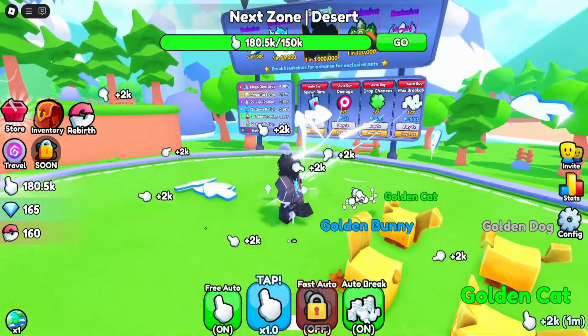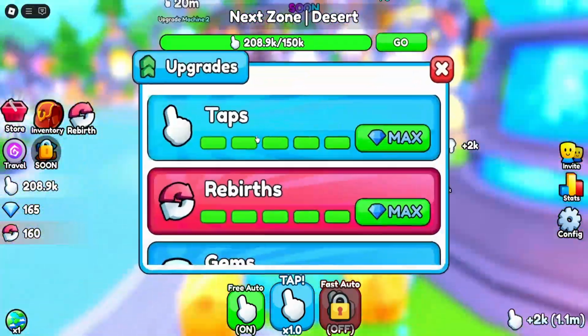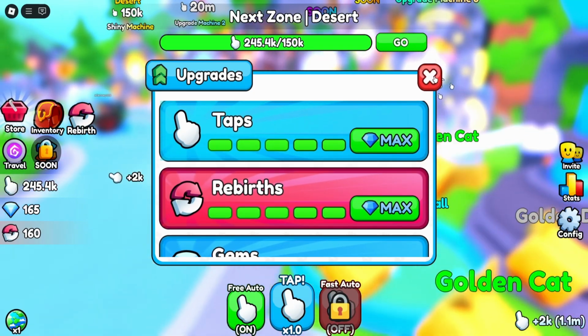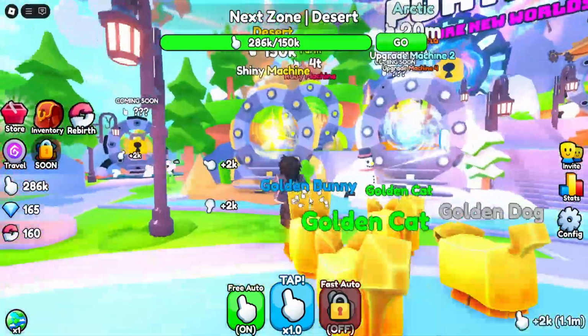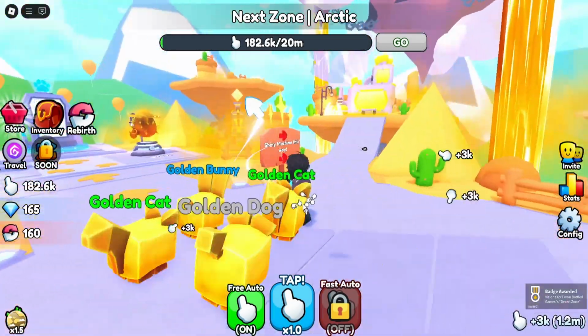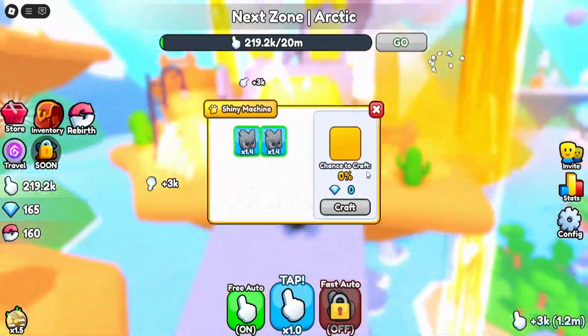All right, guys, so we now have 150,000, which means we can go to the desert world. And if we go to upgrades here, I have maxed literally everything. So we have maxed hatch speed, luck, gems, rebirths, and taps for the first upgrade system that we do have. So let's go ahead and go to the desert portal here, click E and walk through, and now we are good to go. So there is a shiny machine here, which you can craft your pets into shiny, which is